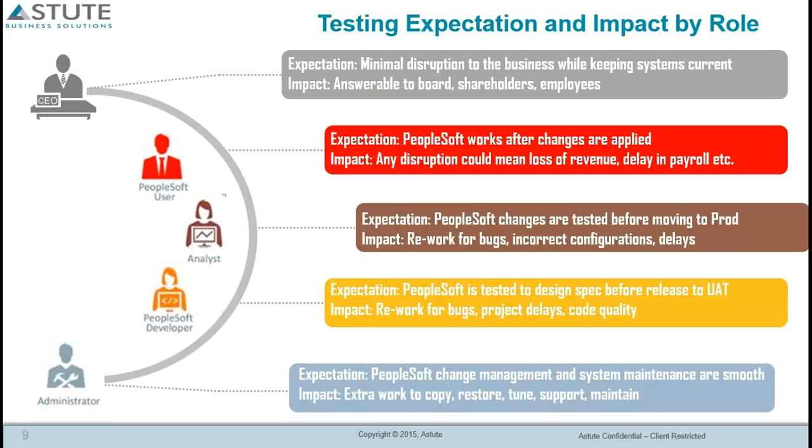So you pay a certain percentage of your license fee as annual maintenance. For that, Oracle gives you software updates. But if you're not consuming those and using them to get better or improve your application performance or provide more features to your business, then business feels like they're not getting enough value for their investment. So they want to stay current, but at the same time, they want minimal disruption to the business.